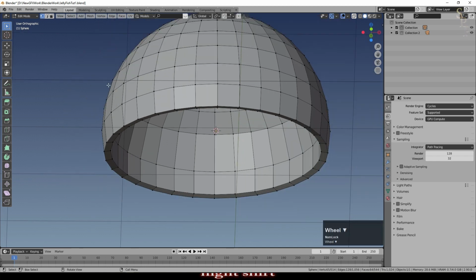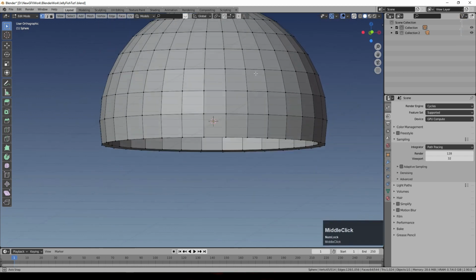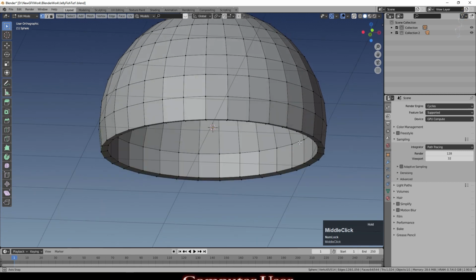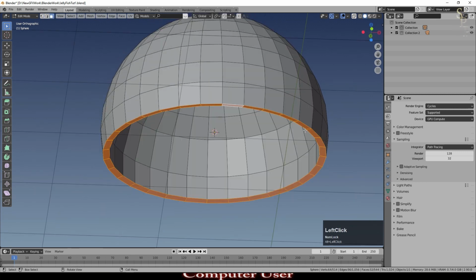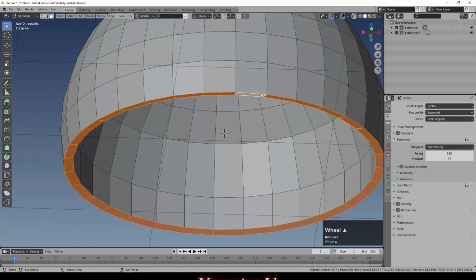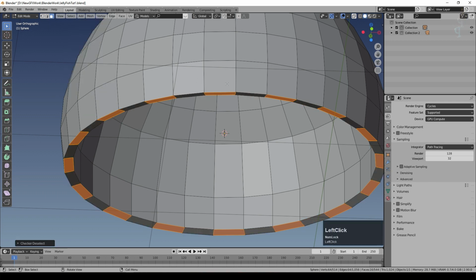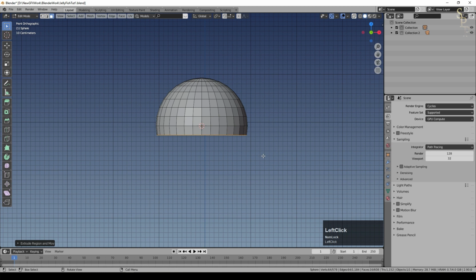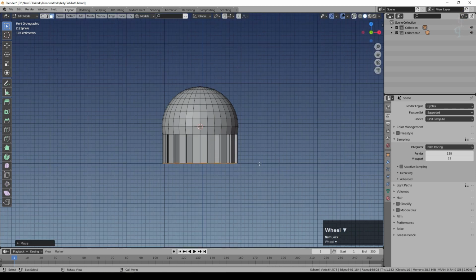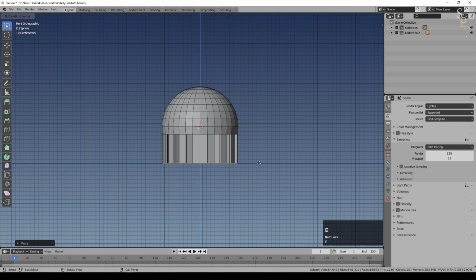So when you do this, you may want to increase the number of subdivisions, at least on the vertical axis. So I'm going to select all of those. I've just pressed Alt and just with face selected and just clicked in the middle area, and that selected the ring. And now I'm going to select, checker deselect, and then E, click, and then GZ. As you pull them down, go a particular distance, don't go too far, and then E, click again, GZ.